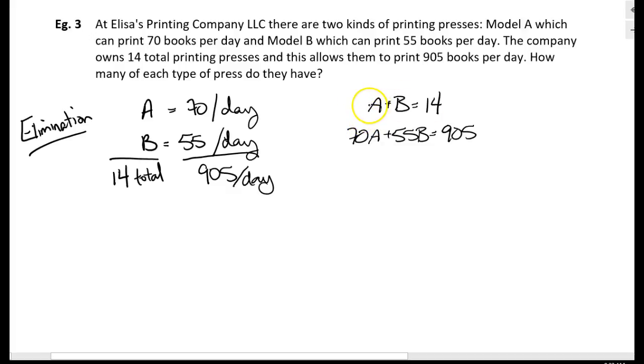We're going to use elimination this time, which means I want to somehow be able to cancel out one of my variables. So I'm going to go with A, just because I like dealing with 10s instead of 5s if I can. So in order for A to cancel out if we were adding or subtracting, first we would want one of these to switch signs. So I'm going to switch the sign of this equation. I also need my coefficient to be 70 for A in order for them to cancel out. So I'm going to rewrite these now as